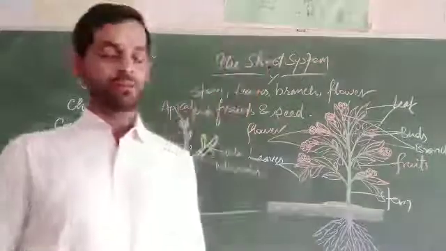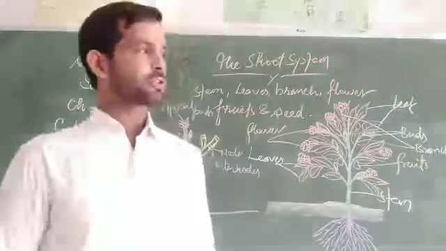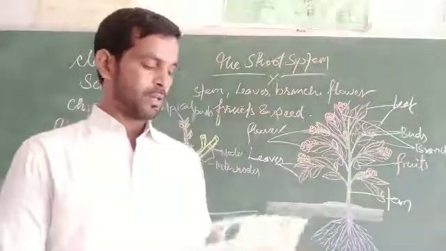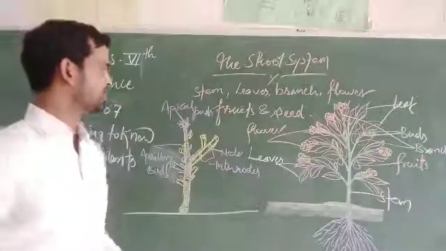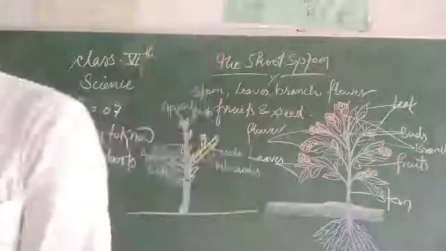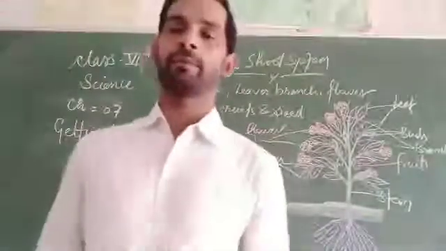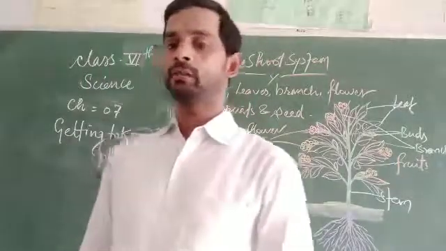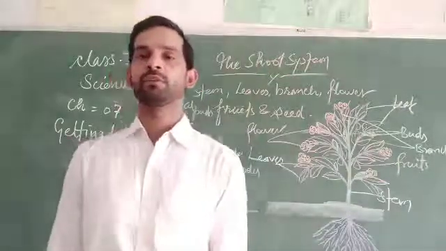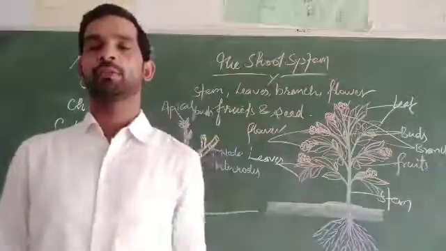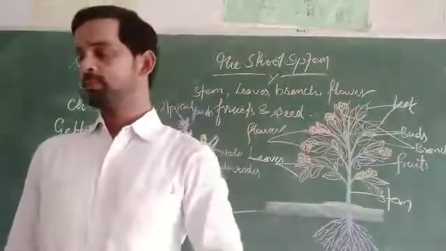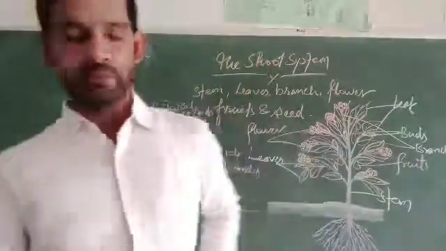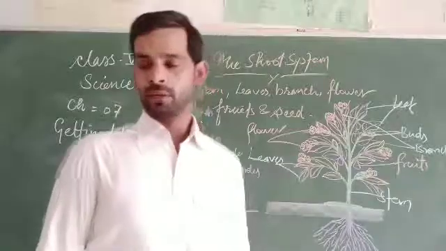The young green shoot carries out photosynthesis and prepares food for the plant. Here we have to do modification of stems. So what are the modifications of stem we have to study about? Different types of stem can be used in different sectors or for different purposes. As you know very well, some of the stems we have in our meals, like potato, ginger, and sugar cane can also be eaten. So there are different types of stem we have to study.